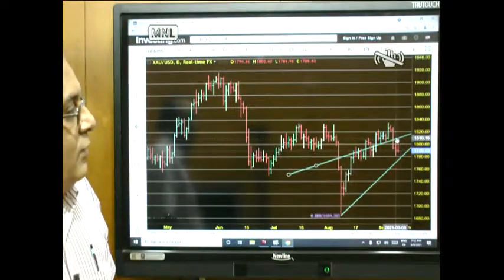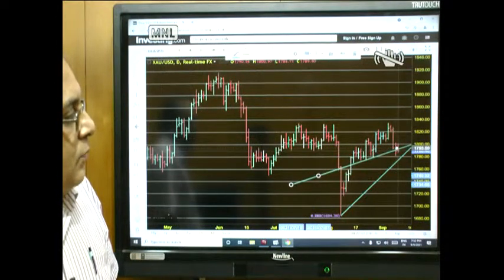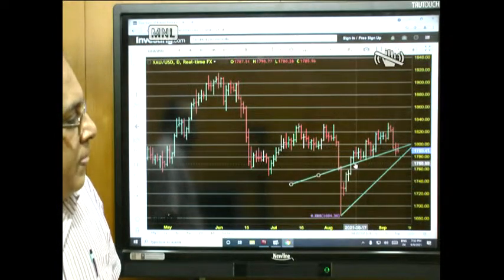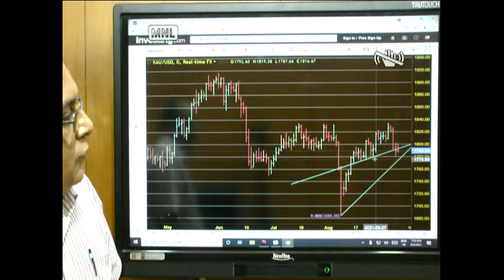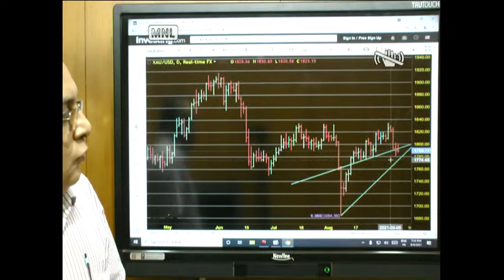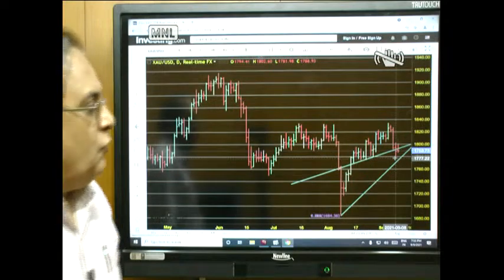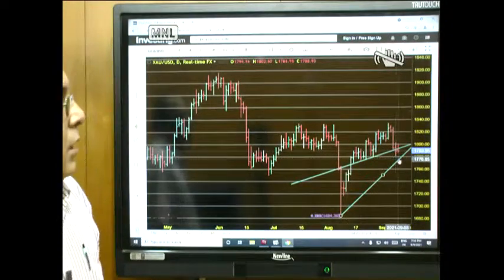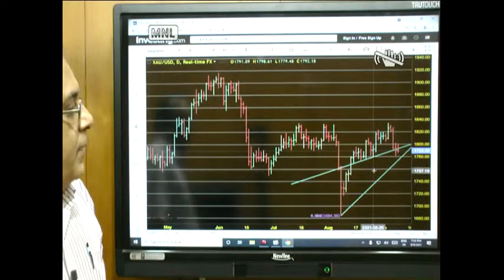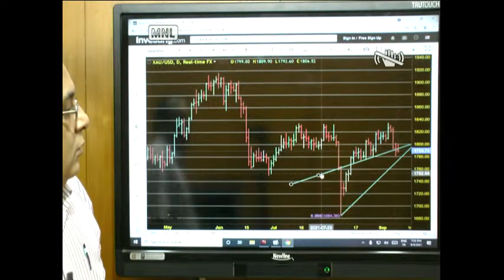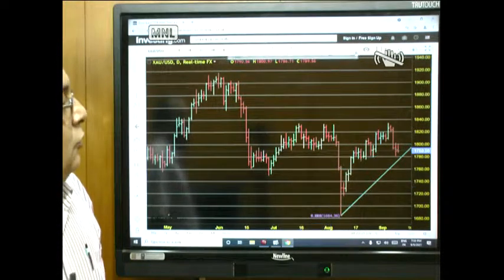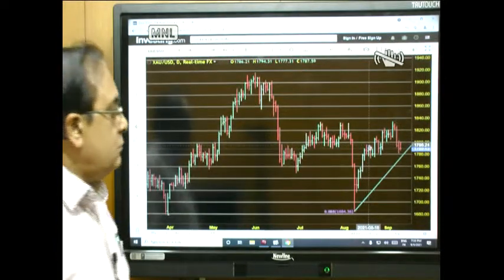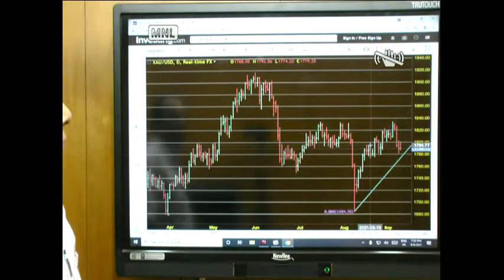So right now this level has been broken, and using the trend line, we can also see so many times this particular level has held. See, this day, this day, this day, this day. So many days. So yesterday also it just took support here and then went up and then came down. So this is going to be a very interesting thing, and let's see what happens as far as this one is concerned. So this is as far as gold is concerned, and so we will probably look at